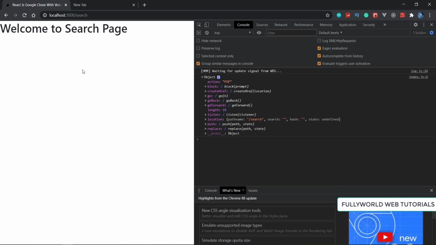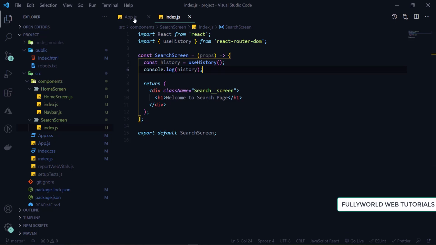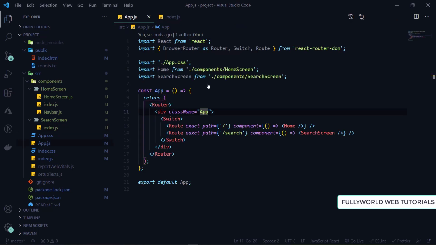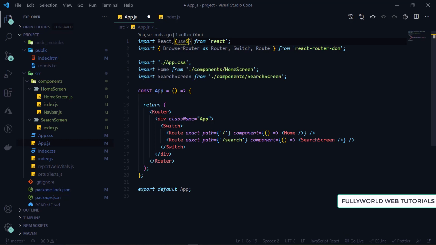Now see that here is location also. So location.pathname, we are going to use this, location.pathname, like this. First of all we have to set our state here, because that state will contain the text that we are going to search.